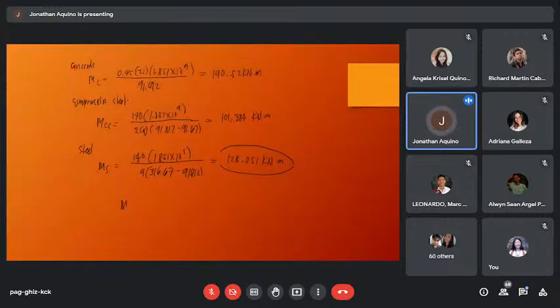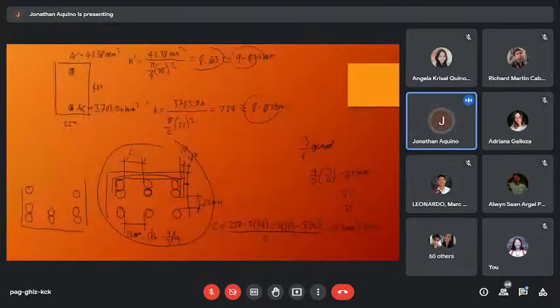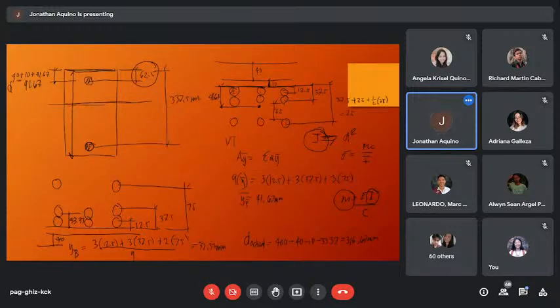So moment capacity is 128.051 kilonewton-meter. This is less than the actual moment of 145.578 kilonewton-meter. So ibig sabihin, lumit nga yung moment capacity niya kasi yung centroid ng bakal natin,